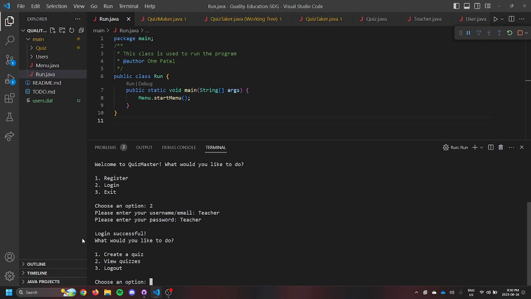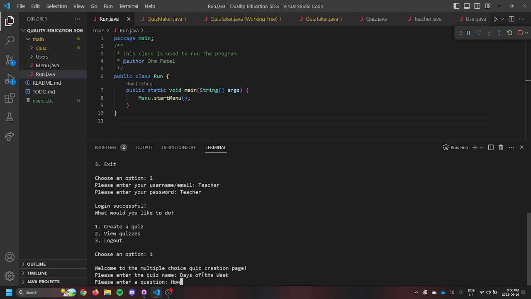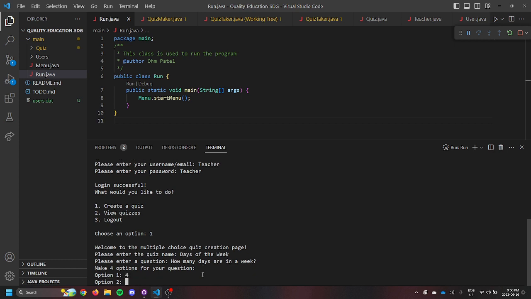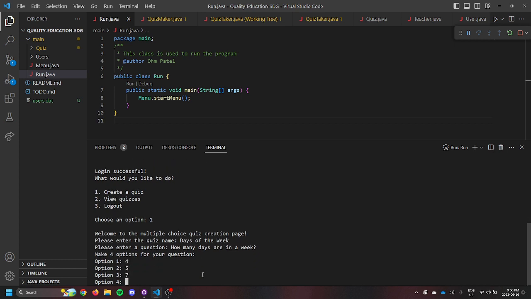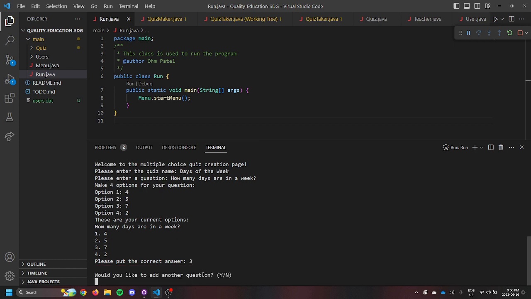Now that we've logged in, we can create our quizzes or view our quizzes, but since we don't have a quiz yet, let's first create one. Let's enter the quiz name, days of the week. Let's ask how many days are in a week. Basic question. Let's give it the options 4, 5, 7, and 2. The correct answer is obviously 3. Once we input that,